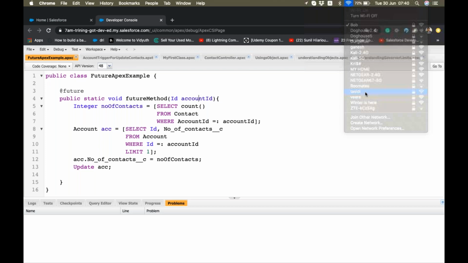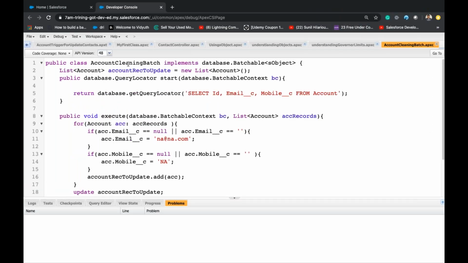Imagine, will an end user log in to the developer console, go to the anonymous window and execute the Apex? Definitely not, right? An end user will not do anything from the setup or dev console. He will not have that knowledge.